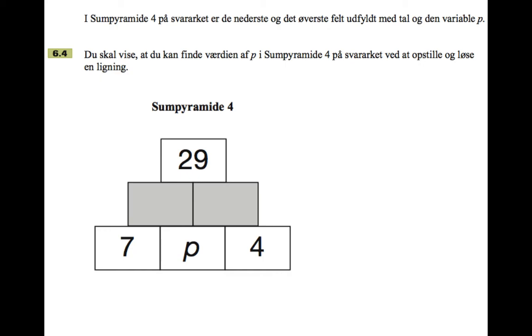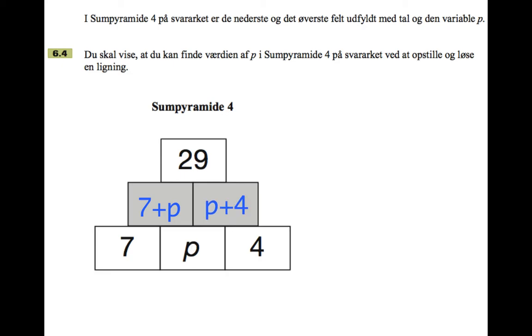Finally, it says in sum pyramid 4, the lowest and the top space have been filled out with numbers and the variable p. Show that you can find the value of p by setting up and solving an equation. Okay, well, it would help to fill this out first. So you've got 7 and p make 7 plus p. You've got p plus 4